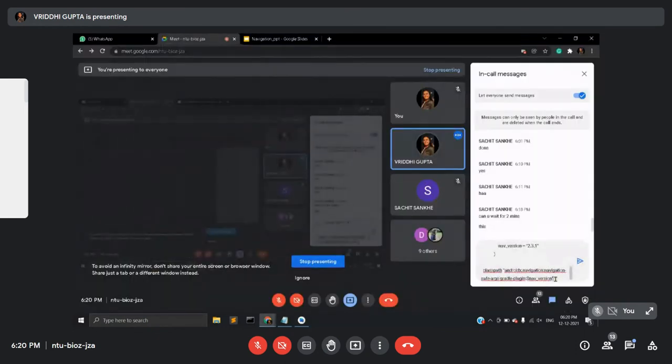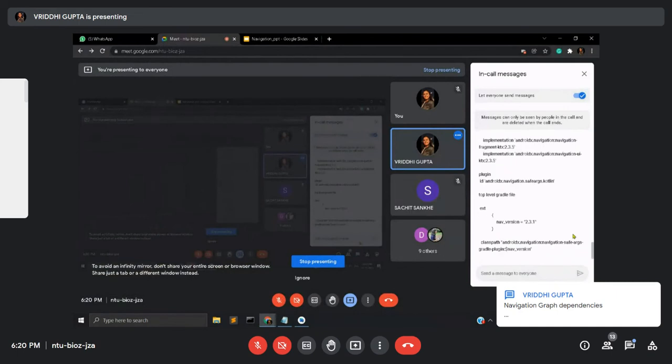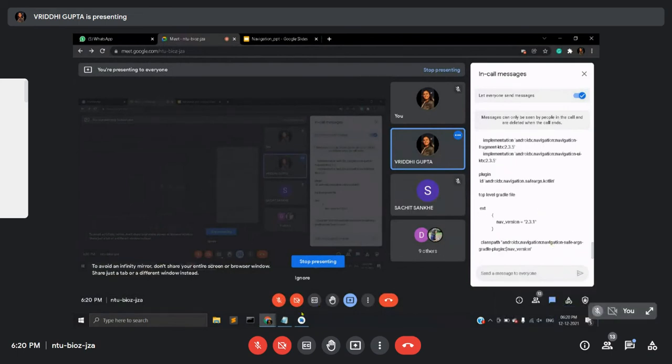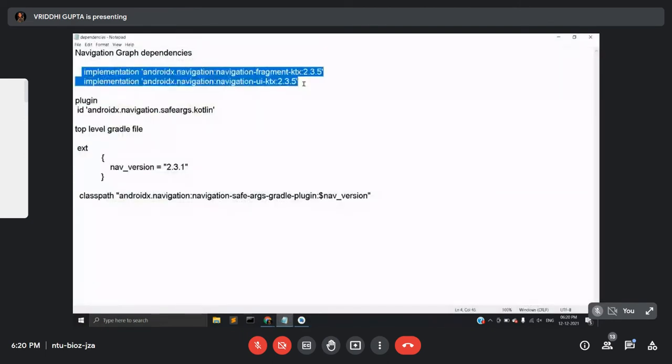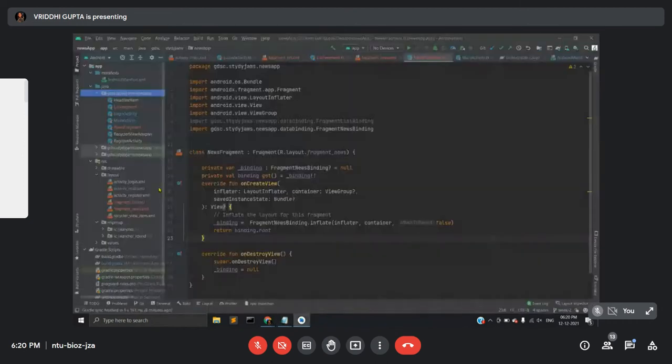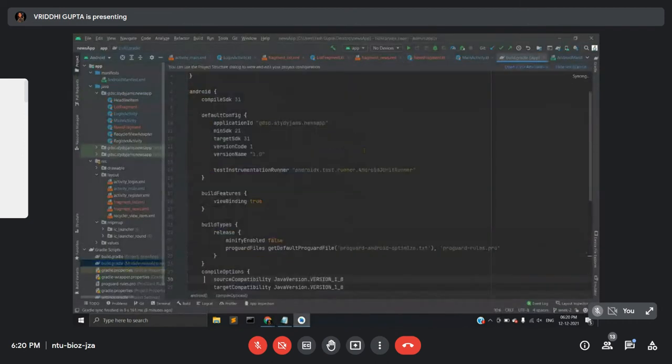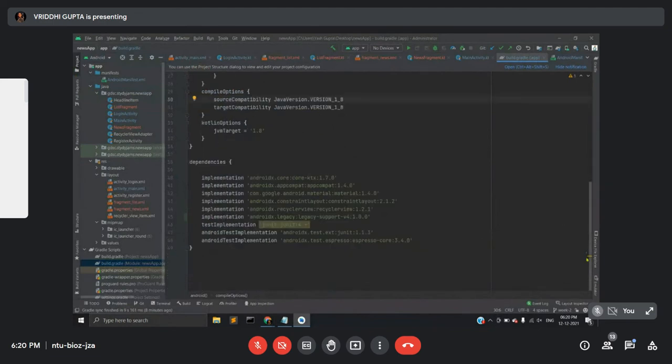The first two dependencies have to be added in this module level file, in the dependencies part. These two lines have to be added over here so that we can use the feature of navigation graph, or the navigation component.